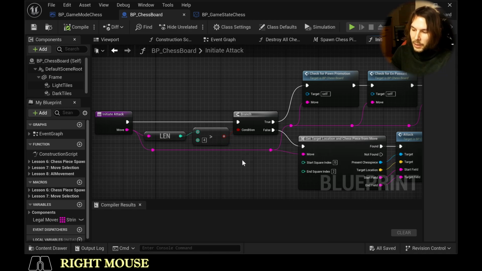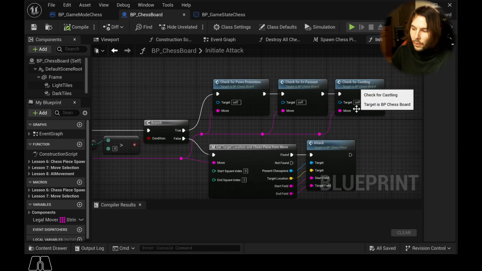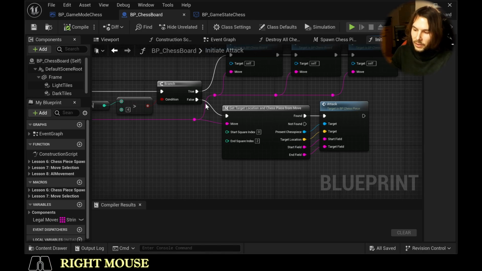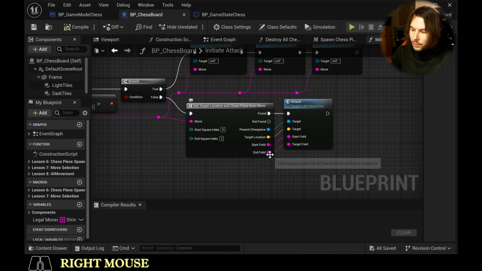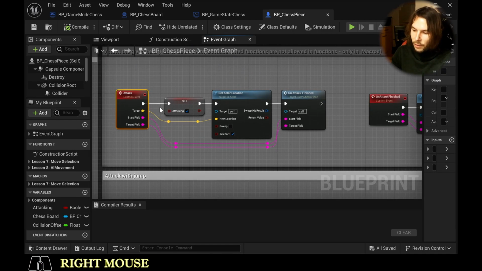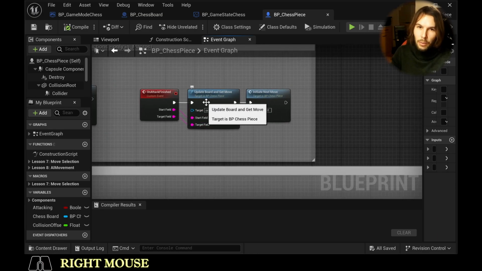And if the length is bigger than 4, we have something which is called pawn promotion, en passant, or castling. If this is not the case, we have a normal move, so we just get our target location, our start field, our end field, and our present chess piece on that tile with that macro here. Then we call attack inside our chess piece, and here we have our actual location being set to the target location, and then we call on attack finished, update our board, and get the move out of there, and initiate the